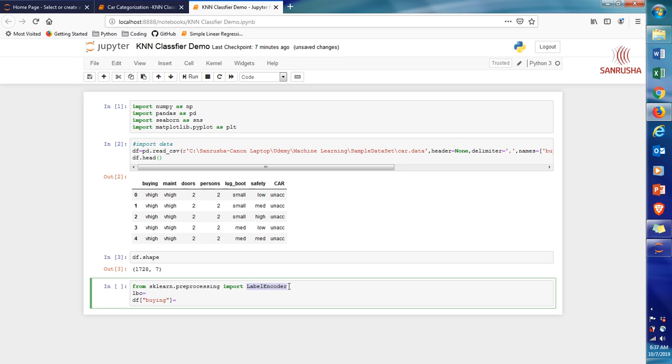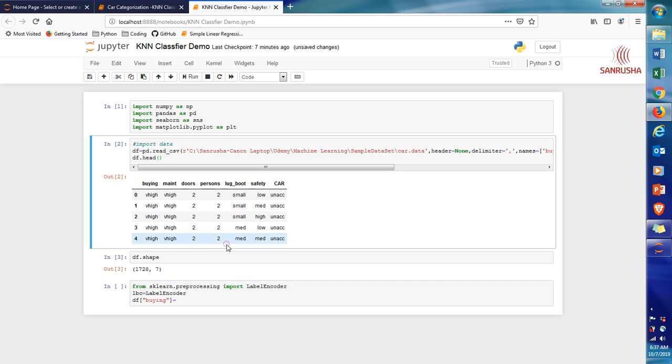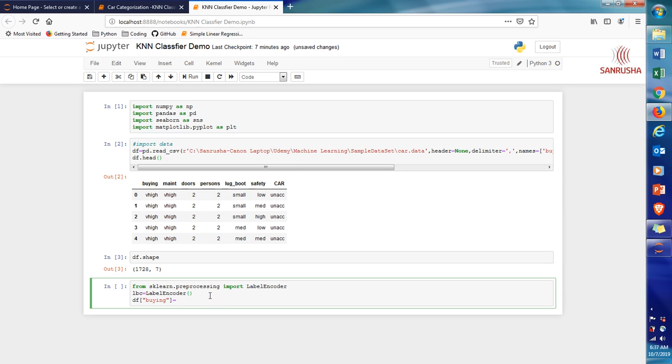It's a class, so it needs an instance to be created first. And here, okay, so lbc dot fit underscore transform and df buying. Likewise we do the same thing for other fields.